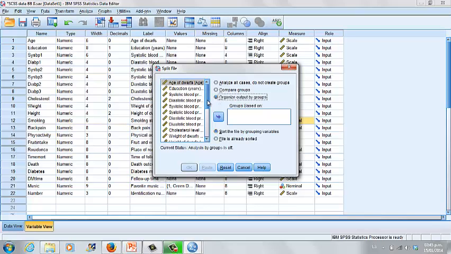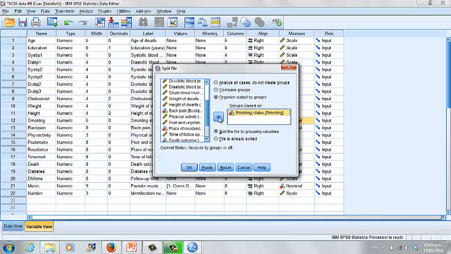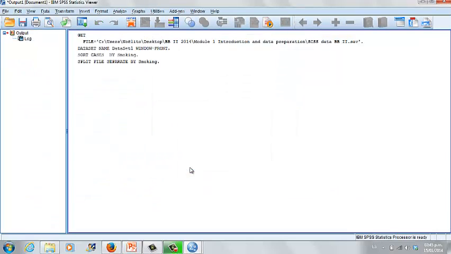We would like to analyze non-smoking dwarfs and smoking dwarfs separately. So in that case, we can look for the variable smoking. We go to smoking status, we select it and click on the arrow, and smoking status appears now in groups based on. If you click OK,